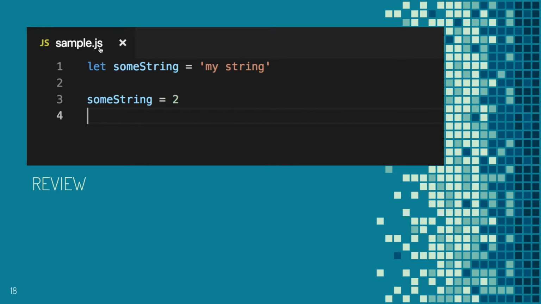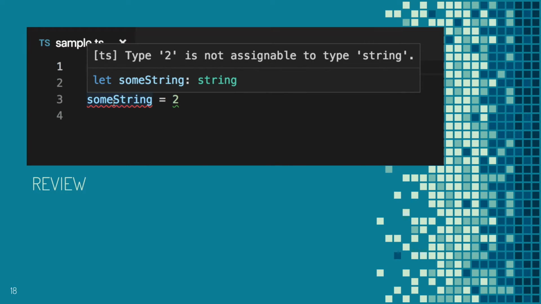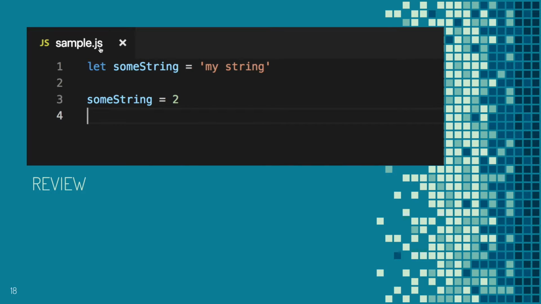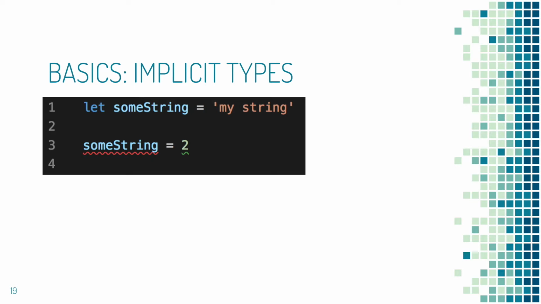So in review, the first thing that we saw is when we changed to a TypeScript file, it already knew, based on our code, the type of our variable. It could infer that some string was supposed to be a string. So implicit types is the very beginning of TypeScript, where as long as the compiler that TypeScript comes with can understand and parse your code, if you've written it in a way that it's knowable what type something is going to be when you initialize it, you don't have to add anything, and it will just compile, or complain if you do something that doesn't make sense.